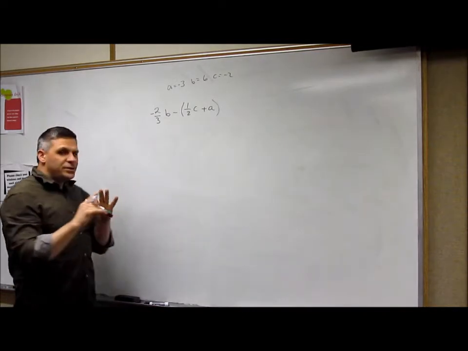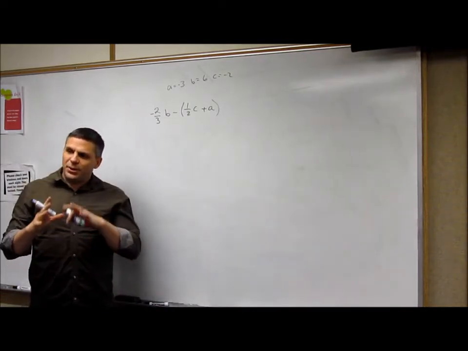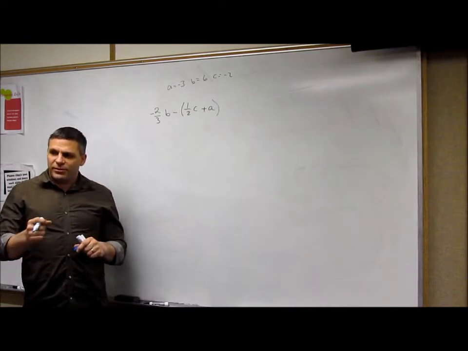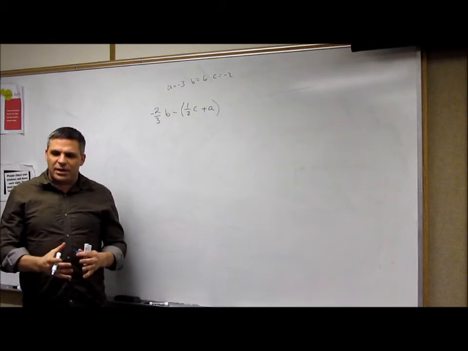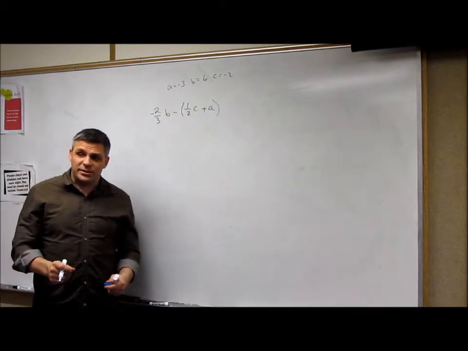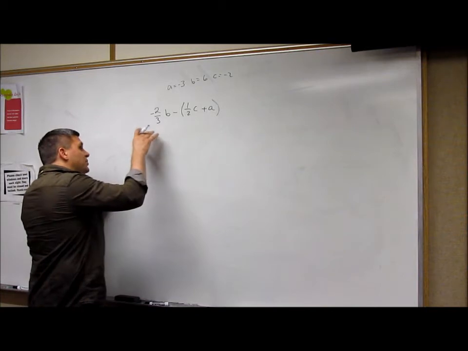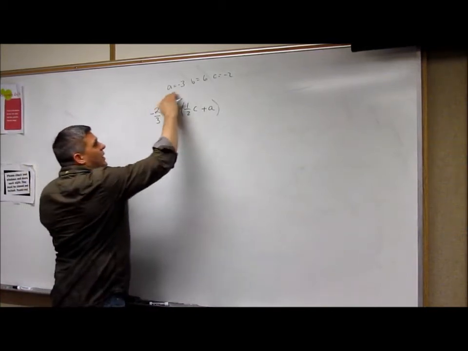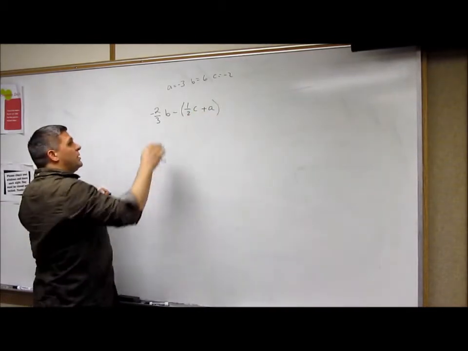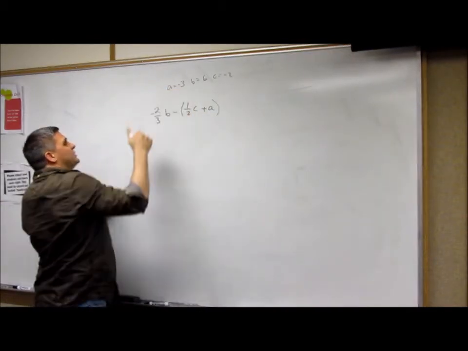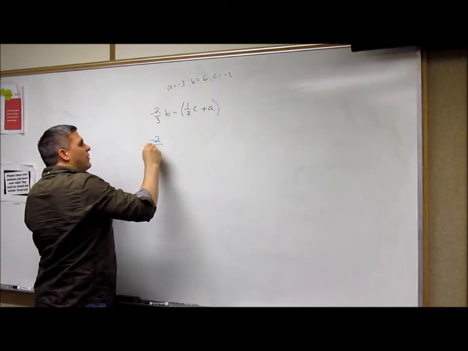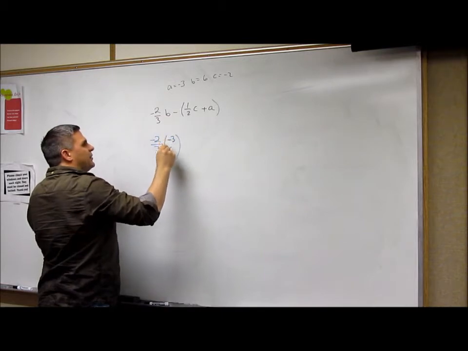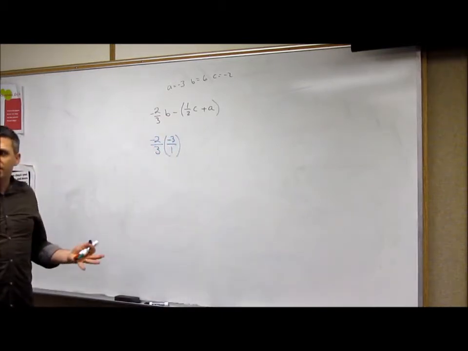So, when we do this, we want to do it two ways. Now, whenever I plug in numbers for variables, I always put a parenthesis around the number I'm plugging in. So that's one thing we want to do. But on top of that, since we're doing fractions, we want to plug it in fraction form. None of these are fractions, but we can write them as fractions. Remember, it's -2/3 times b, and b is -3, or -3/1,